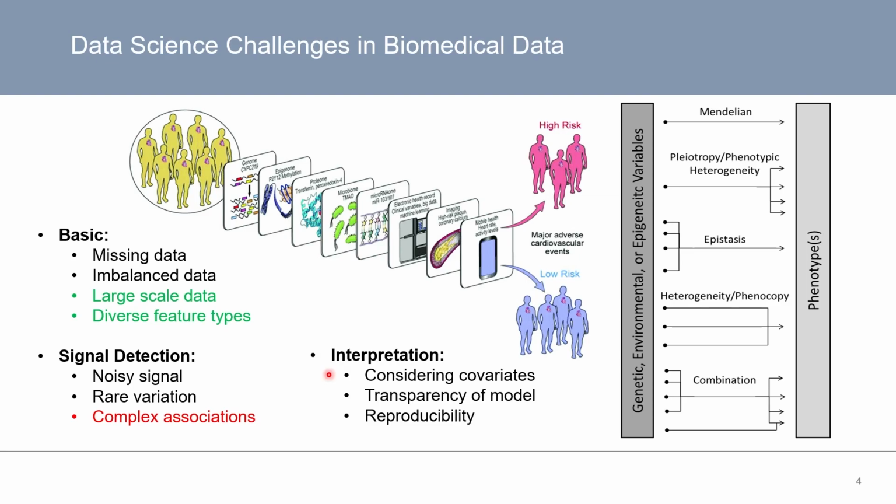Beyond the challenges mentioned so far, further analytical challenges regarding interpretation include considering covariates, where we want to understand the impact of covariates with the goal of separating potential causal relationships from the associations found in data. We also ideally want our models and results in general to be transparent and understandable, or in other words, we